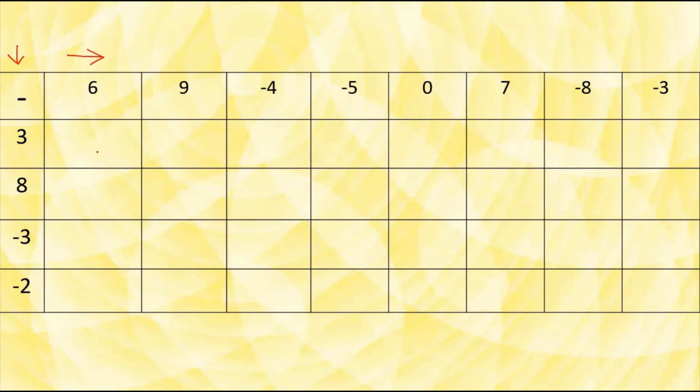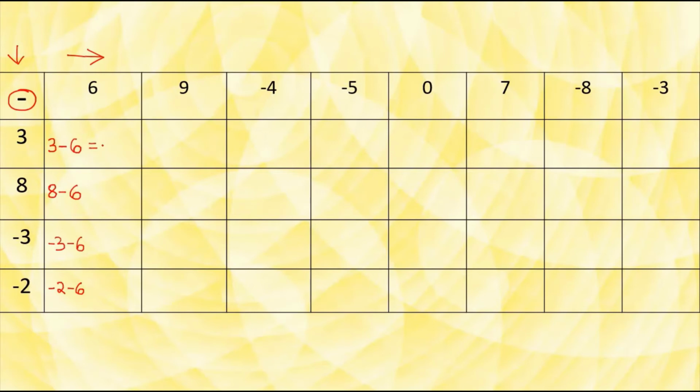So now in this very first box, we are going to first write down the number which is there in the vertical column, that is 3. Then we have this subtraction sign here. I am going to write it down and then I am going to write down the number in the horizontal column, which is 6. Similarly, for the next one we have 8. So I'm going to write down 8 first, then minus, and then 6. Next one we have minus 3, minus 6. And then minus 2, minus 6. So this is how we are supposed to write down and then solve it.